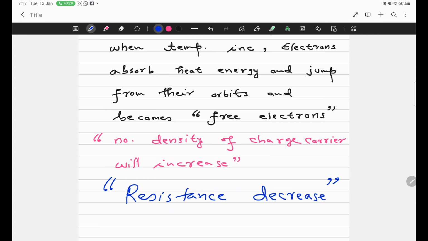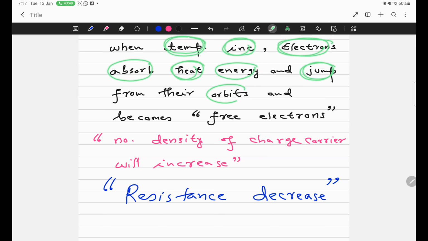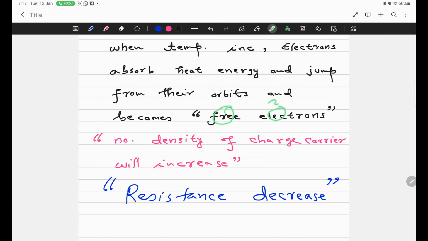अब्दुल्ला गौर से सुनना, आपसे पूछूंगा। सर जब टेम्परेचर बढ़ता है तो इलेक्ट्रॉन थर्मल एनर्जी एब्जॉर्ब कर लेते हैं। जब उनकी एनर्जी बढ़ती है तो वो छलांग लगाकर एटम में से बाहर आ जाते हैं, तो फ्री इलेक्ट्रॉन बढ़ जाते हैं। हम कहते हैं कि चार्ज कैरियर की डेंसिटी बढ़ गई। अगर नंबर डेंसिटी ऑफ चार्ज कैरियर बढ़ जाए तो it becomes a good conductor, and if it becomes a good conductor, it means resistance decreases. अब्दुल्ला बेटा, कुछ भी समझाओ मुझे, जब थर्मिस्टर गर्म हो जाता है तो उसकी रेजिस्टेंस क्यों कम हो जाती है, बताइए बेटा।